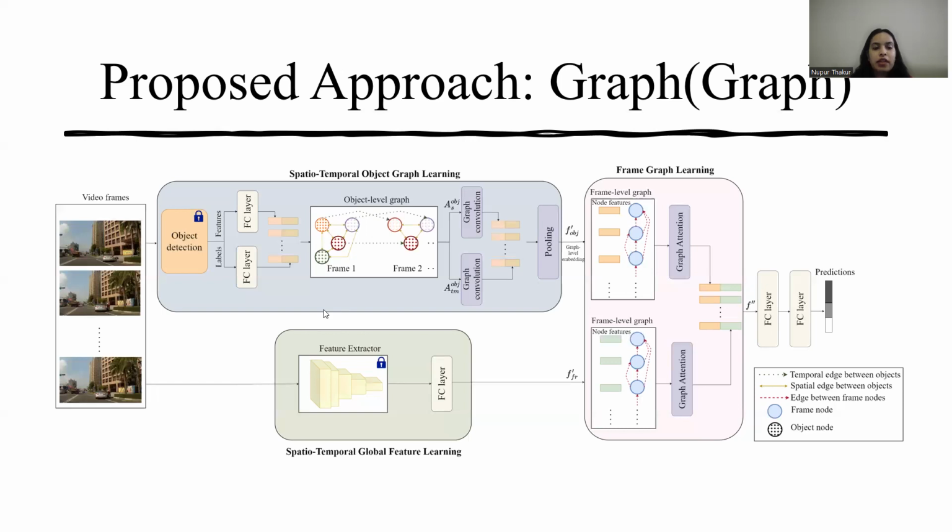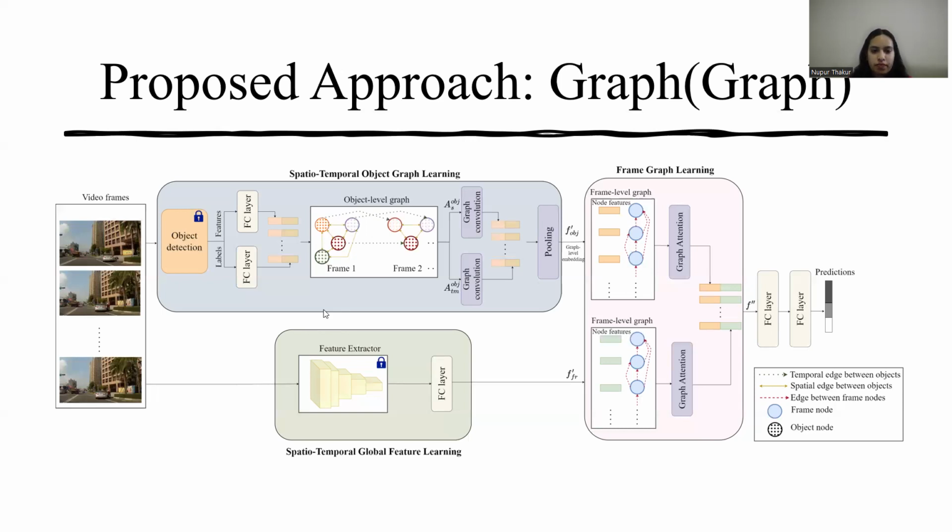And lastly, the frame graph is where every node represents a frame and there are connections to the previous K frames. The node features here are from the object-level graph and the global frame feature. This graph is then processed through graph attention and fully connected layers to produce a probability that an accident will occur in the near future.